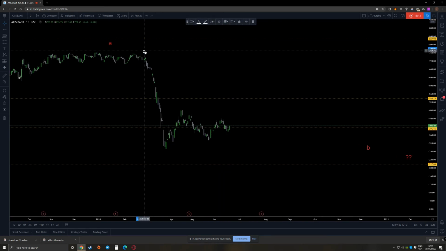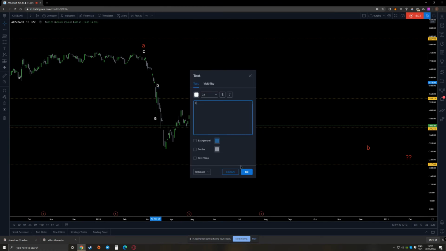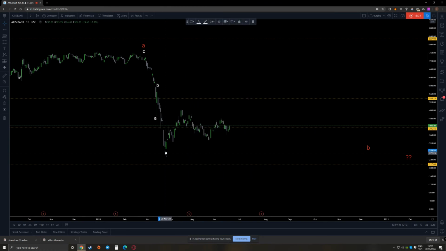So this is it, okay. If this move that we cannot see here, for me, actually looks something like this, I will write it down like this. So it does look like wave A here, something like a wave B here, something like a wave C here,